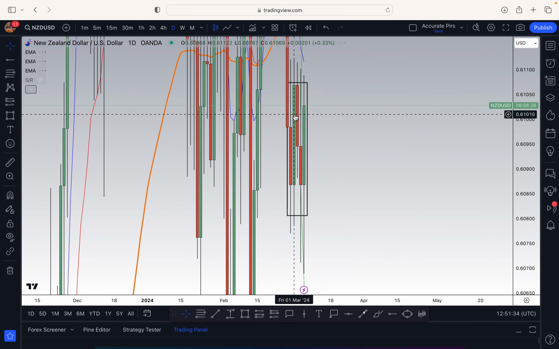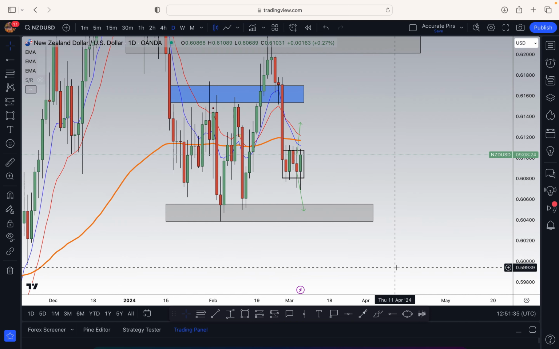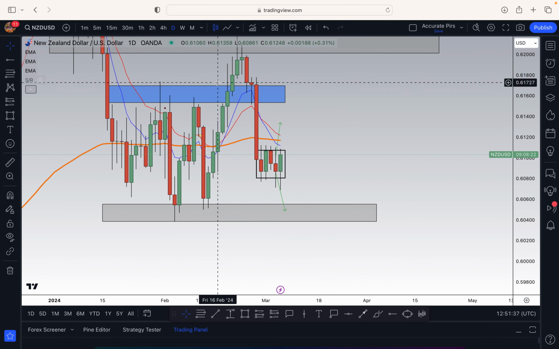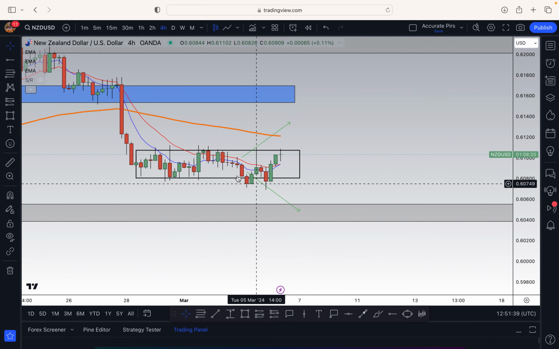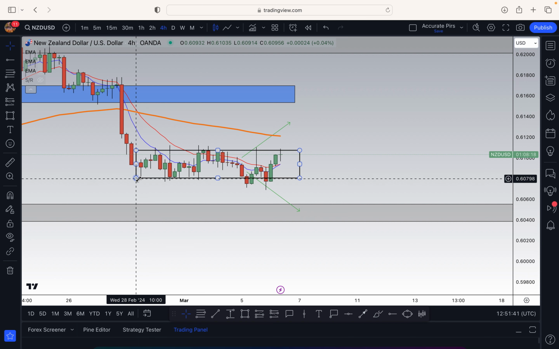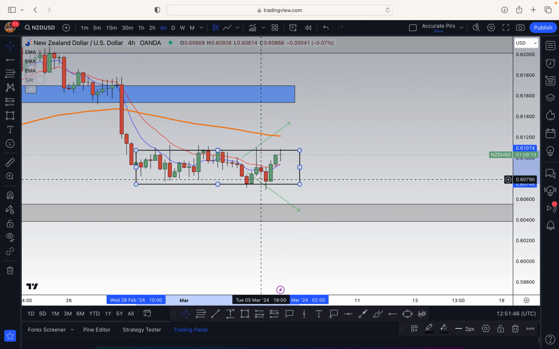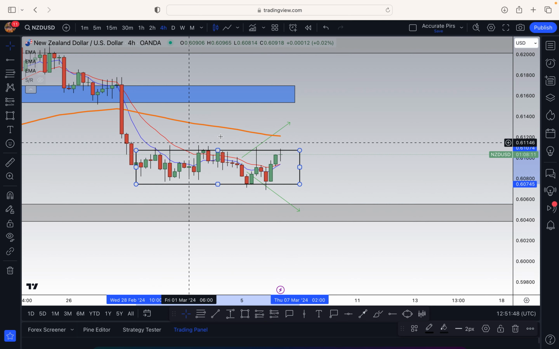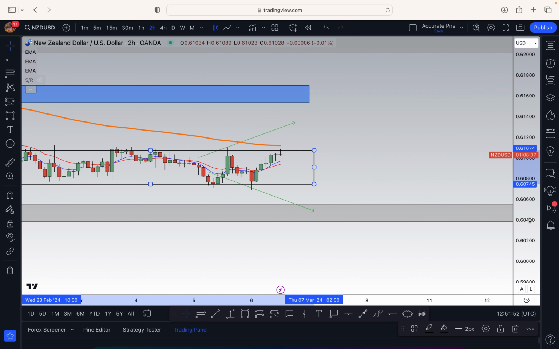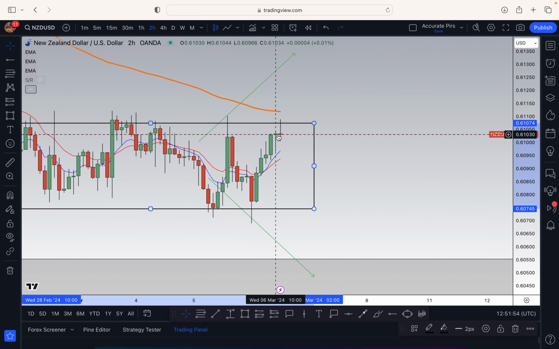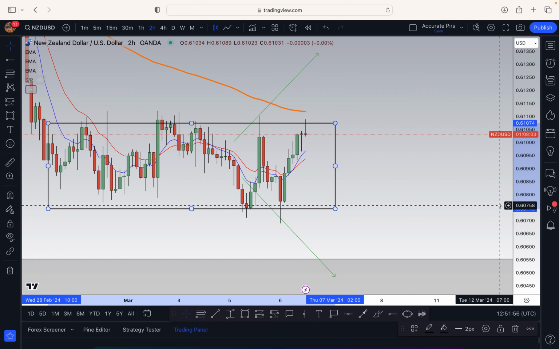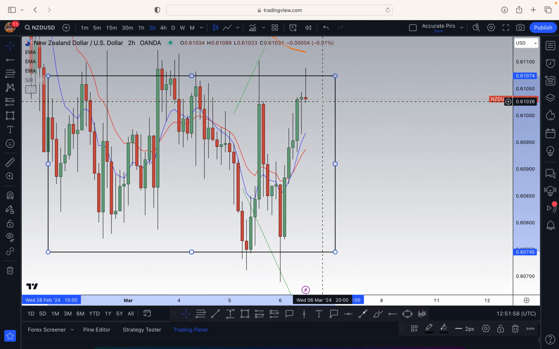This is very interesting because, like I said before, price is stuck in this consolidation on a daily time frame and on a 4-hour time frame. Even on the 4 hours, let me adjust the box a bit. We've had a little push towards the downside, but still failing to break out of this range. So look on the 2-hour time frame. Wow, if that closed literally exactly like that on the 2-hour time frame, I'm definitely getting in for a sell